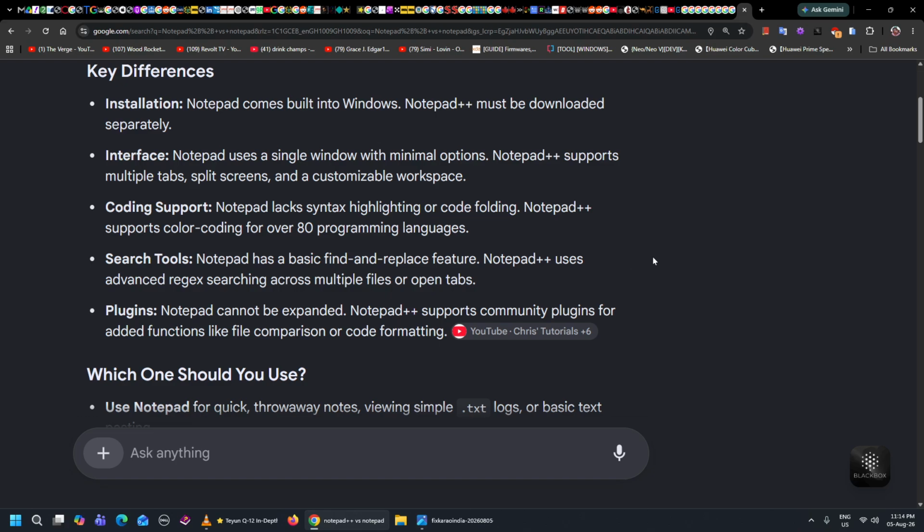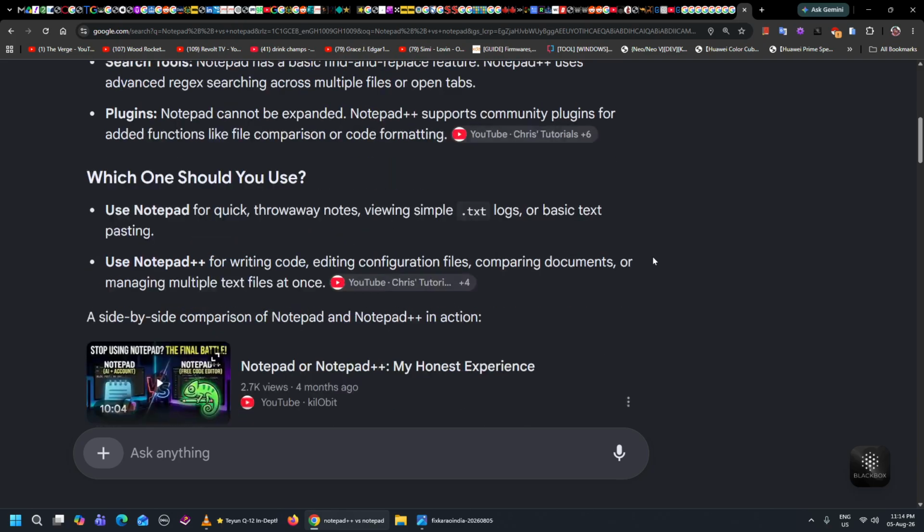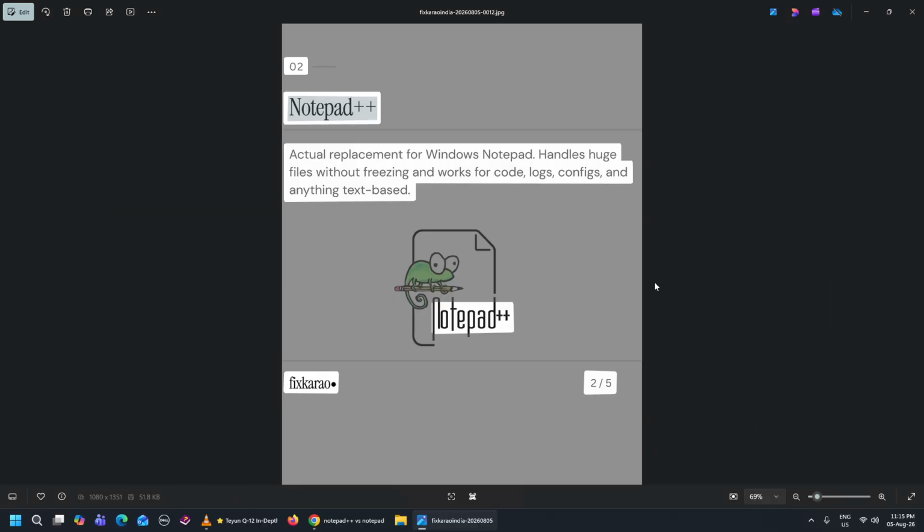Oh, okay, so something like searching a workbook in Excel. Okay, that's cool. And then plugins. Notepad cannot be expanded. Notepad++ supports community plugins for added functions like file compression or code formatting. Okay, that's cool. So which one should you use? Use Notepad for quick throwaway notes, viewing simple text files or TXT logs, or basic text pasting. And use Notepad++ for writing code, editing configuration files, comparing documents, or managing multiple text files at once. Okay, well, I think that's cool. So the next,